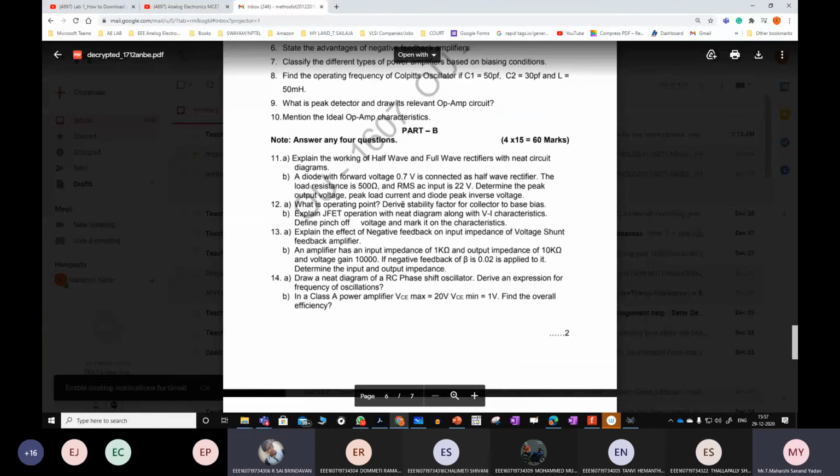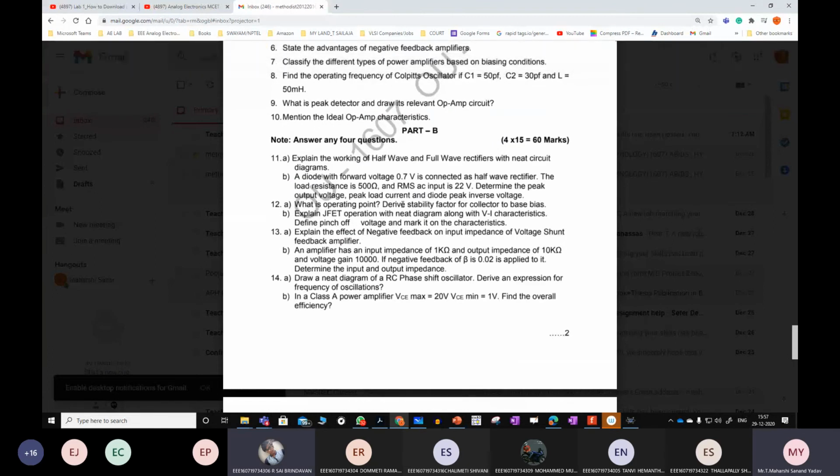And what about this long one? 11A you can answer directly. And see this problem. Already I've given you this one as an important question. Same model, no more changes. And see 12th A. What is the operating point? Q point.